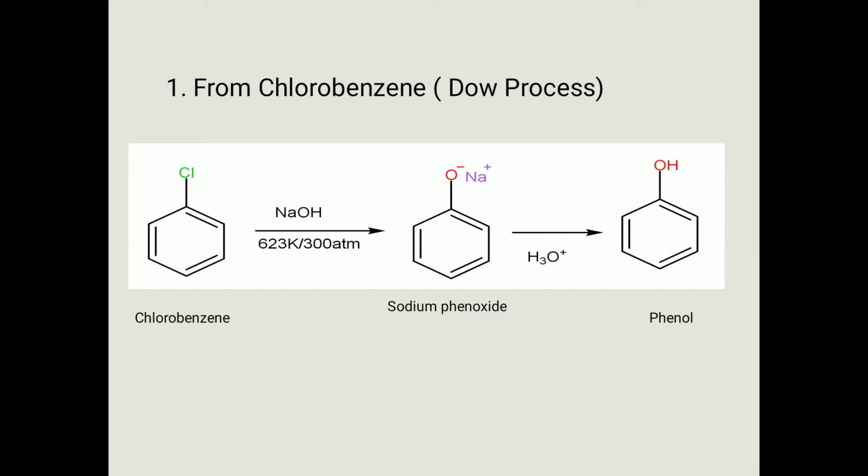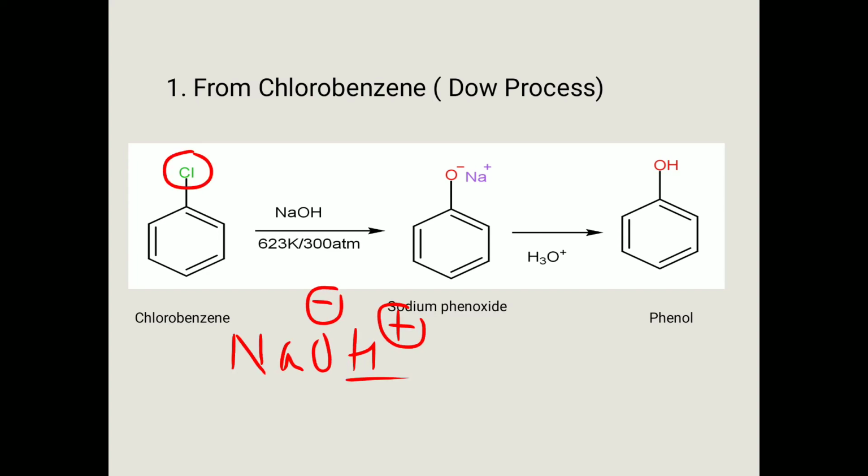It is a nucleophilic substitution reaction and benzene is already electron rich. So a nucleophile can't attack easily on benzene because benzene is electron rich and the nucleophile is also electron rich. Therefore, very high temperature and pressure are required for this reaction. And this NaOH splits like this: H plus and ONa minus, and this H plus goes with Cl to form HCl, and this